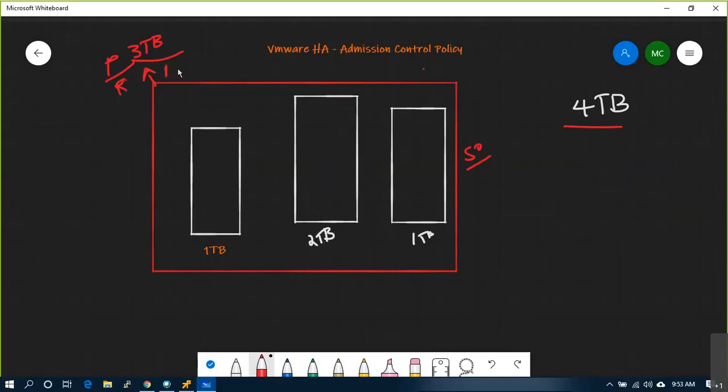Out of 4, 3 TB I gave to the customer, 1 TB for HA. That means 25% of RAM I will keep in reserve. You getting my point? Manual calculation.